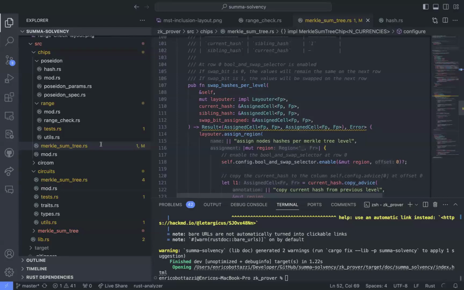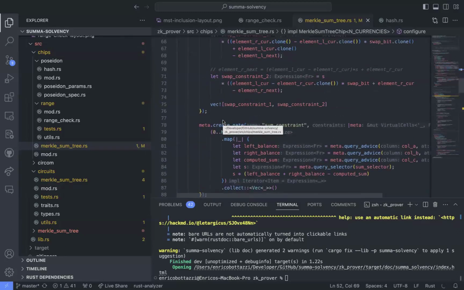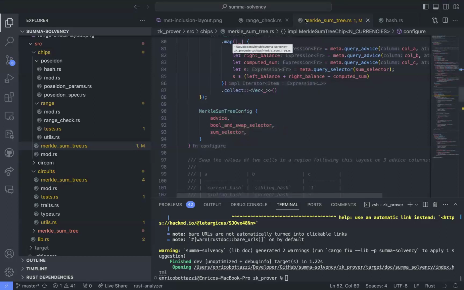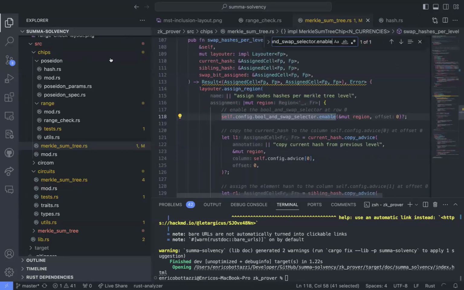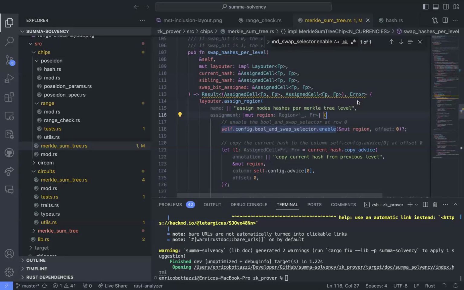Would you explain again the meaning of enable a selector? Yes, absolutely. So the selector is very, very important because the constraints are activated and applied relative to a selector. So let's see the logic here. First of all, we pass the region in this lambda function. So the region is like a portion of